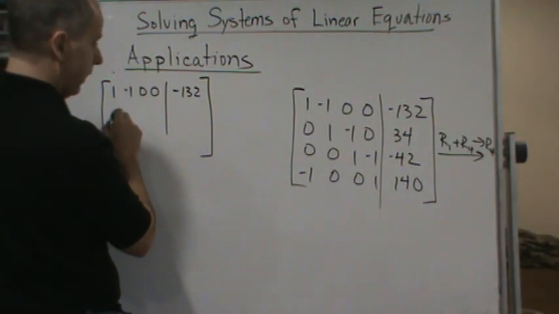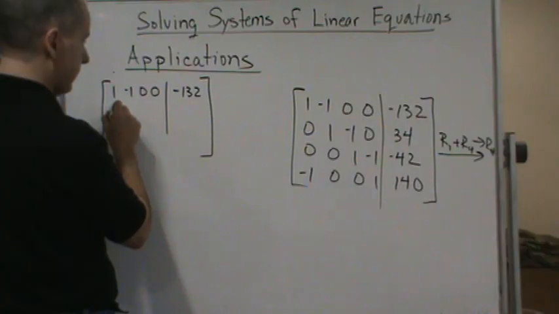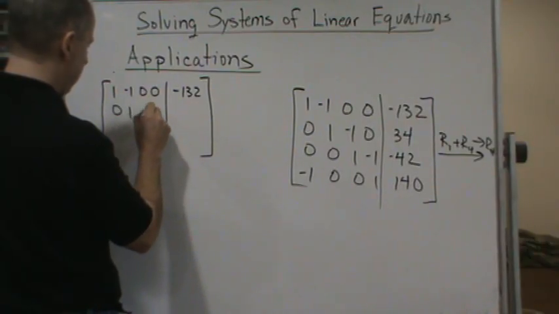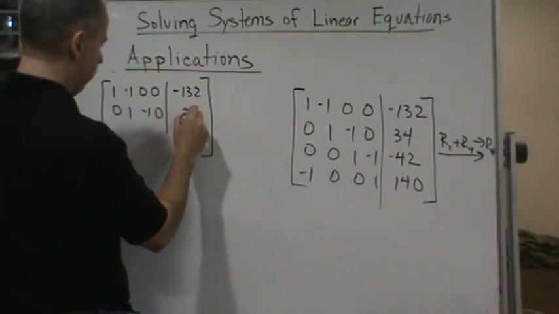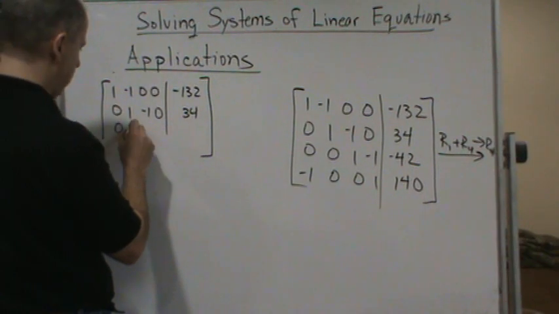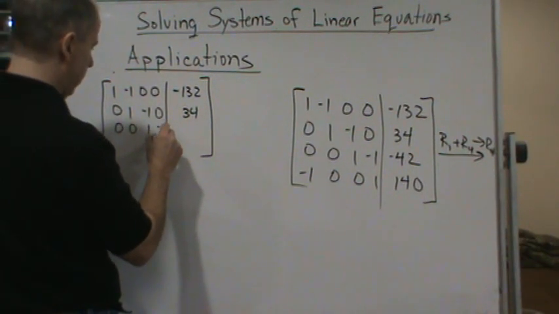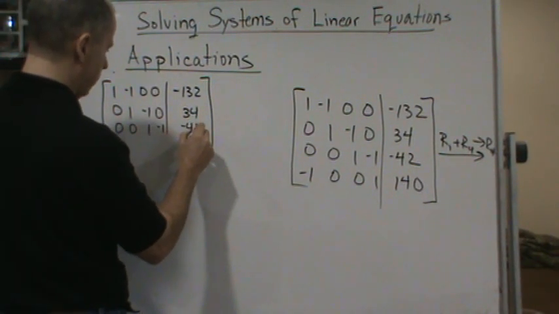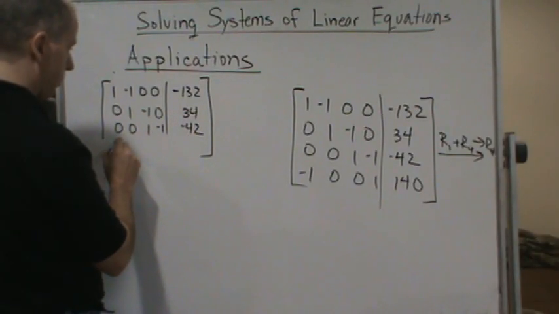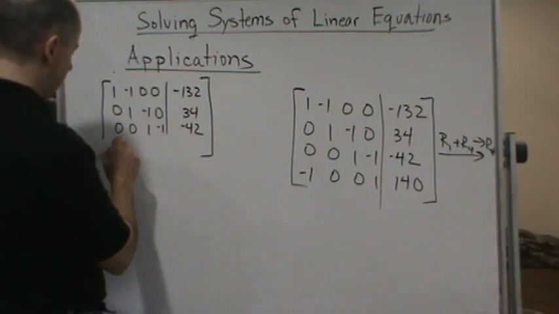And then the rest are going to stay the same: 0, 1, -1, 0, 34, 0, 0, 1, -1, -42, and the final row is just going to be 0,